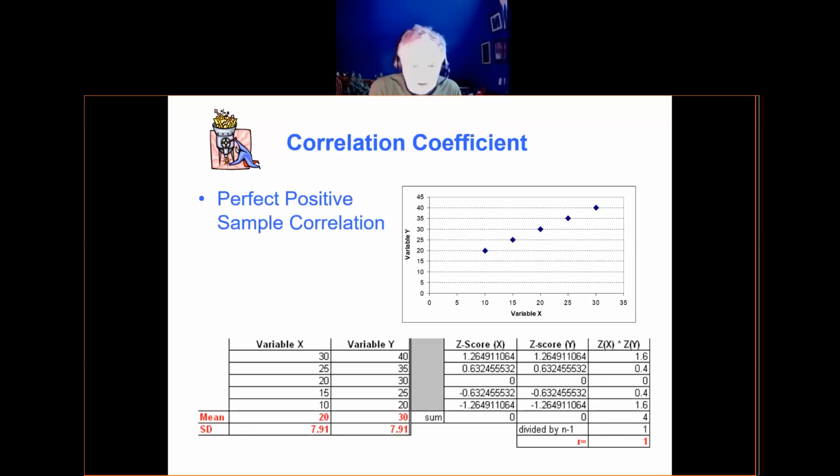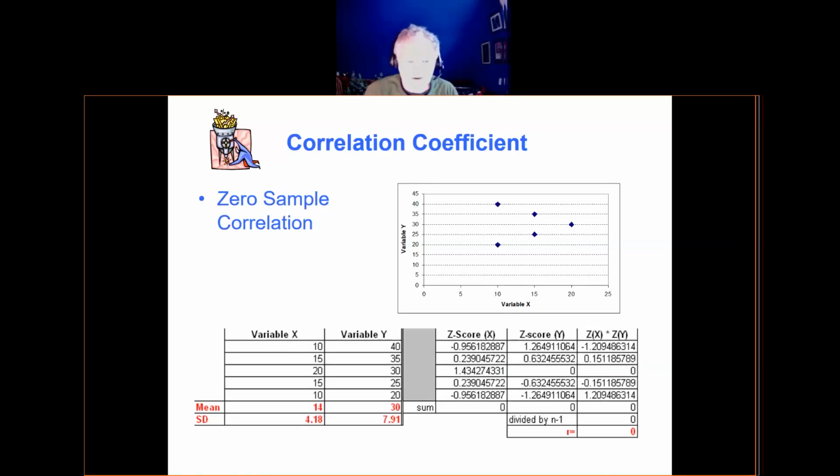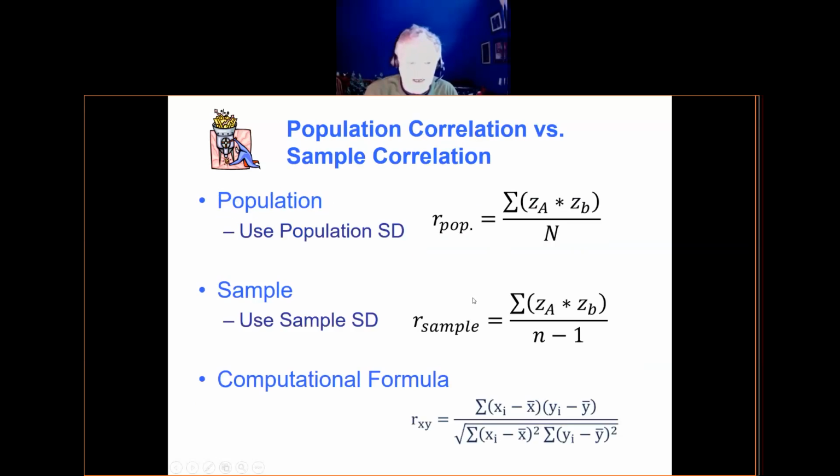Okay. So here's an example of a perfect positive correlation. Don't worry about the calculations. Here's a perfect negative correlation. Negative correlations you should not see in reliability research, right? So I'm just demonstrating it here. For reliability, it should always be a positive correlation: you score low once, you should score low the second time; score high the first time, you should score high the second time. But just in general, for the correlation coefficient, for explanation purposes, this is what a negative correlation looks like. And there's a perfect negative correlation. Here's zero correlation, no relationship.